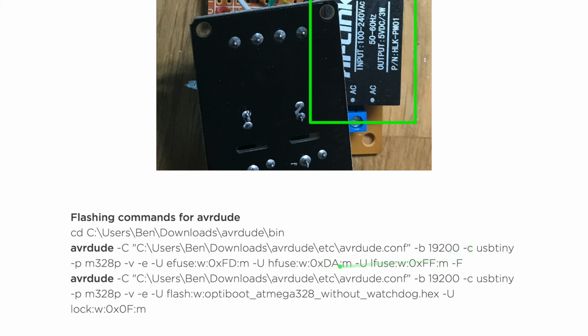So this is the first command. You just copy paste it, and it's getting the board ready for bootloader flashing. It opens up for writing and stuff like this, and once you did this successfully, you can burn your own hex file. So if you compile your Optiboot or use mine or another modified bootloader, and you want to